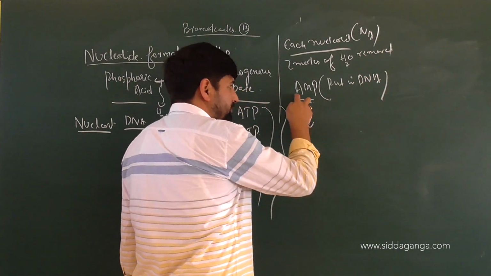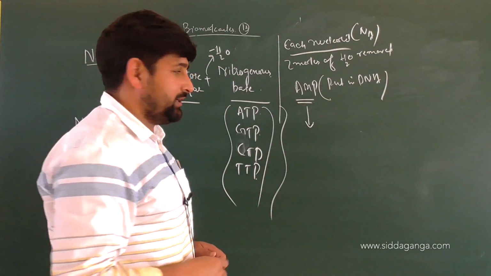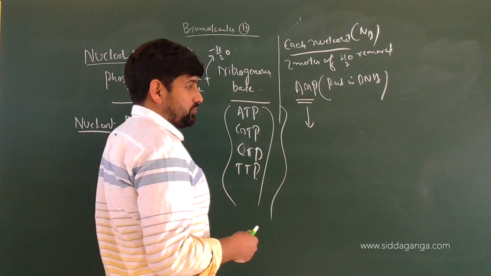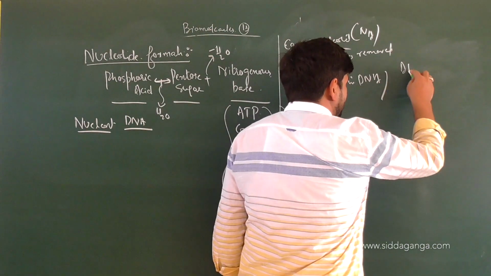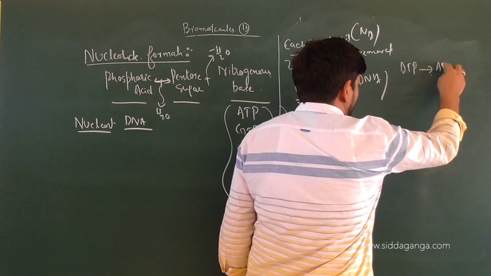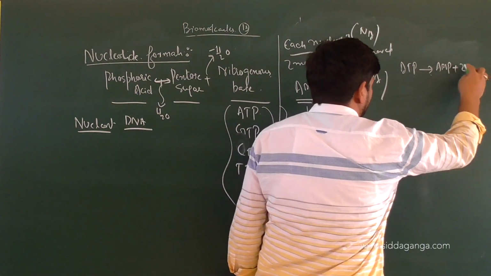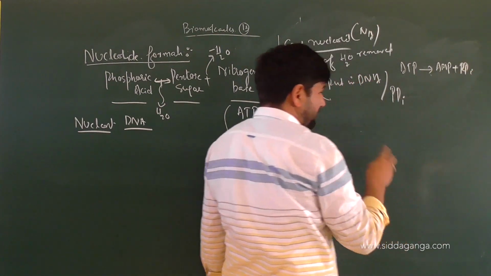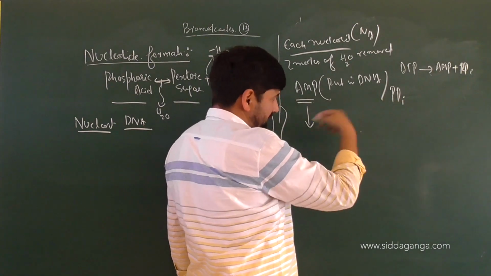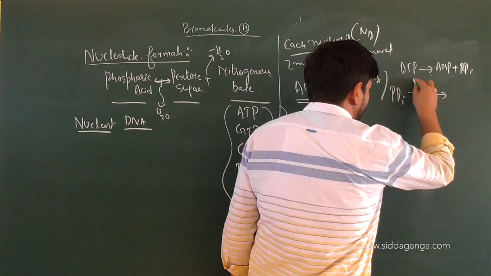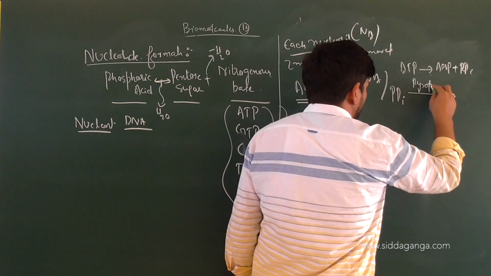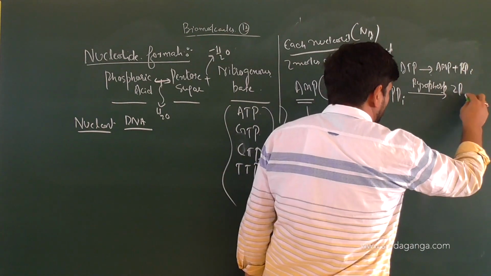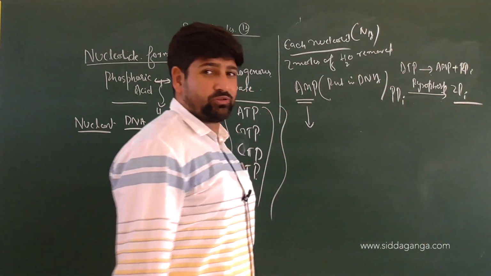But adenosine monophosphate will not be present as AMP in the cell. It will be present in triphosphate form. Before DNA replication, you all know very well that adenosine triphosphate is converted to adenosine monophosphate plus PPi. This PPi is pyrophosphate, meaning there are 2 phosphate groups attached to each other. I will show you structurally. Then when pyrophosphatase works on it, it breaks into 2 inorganic phosphate groups.